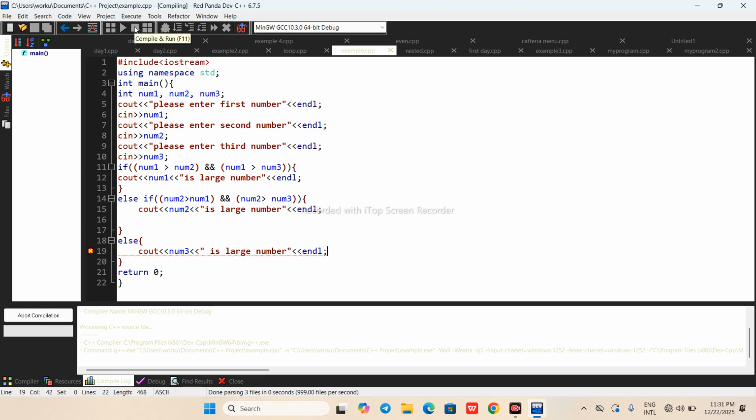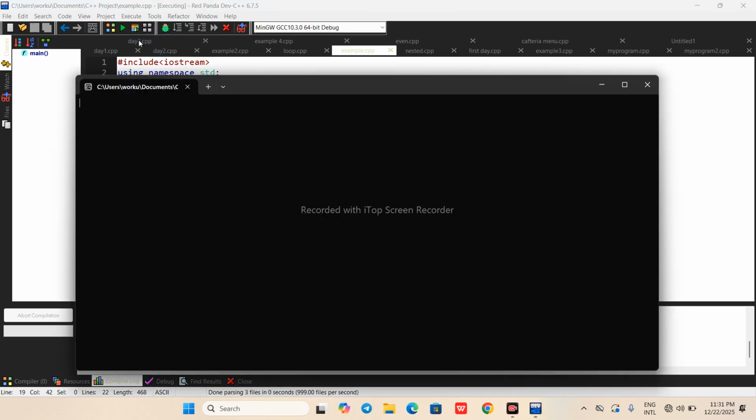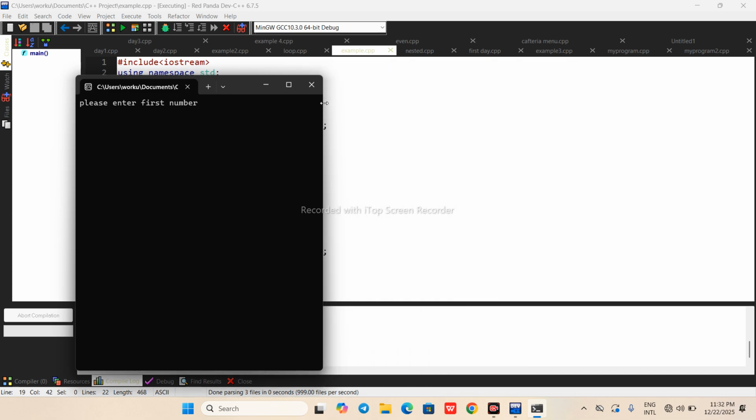I hope there is no error. Okay, the result will be here, warnings and errors. Yeah, error 0, warning 0. So let me see the output by running the source code. Let me minimize this window.